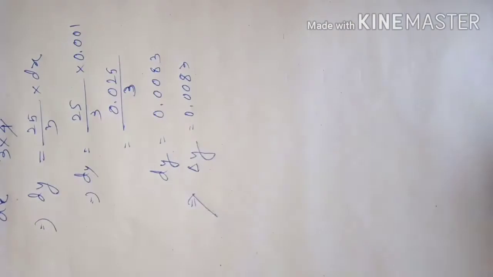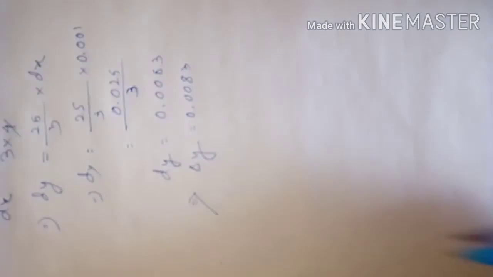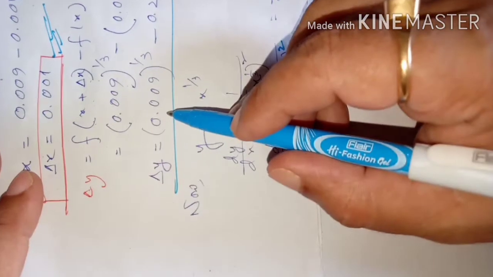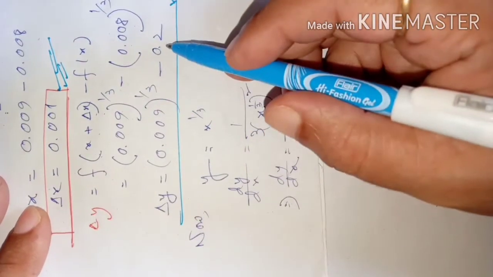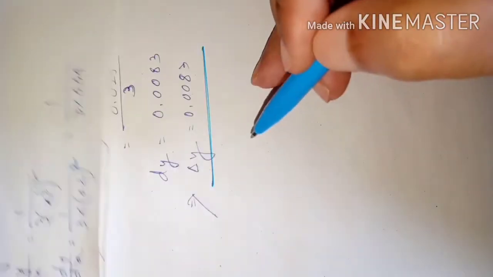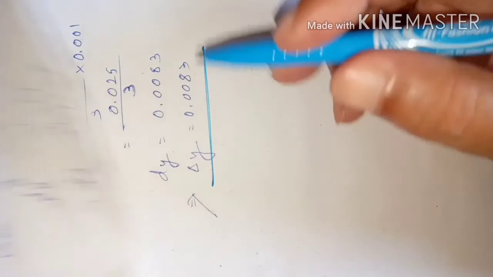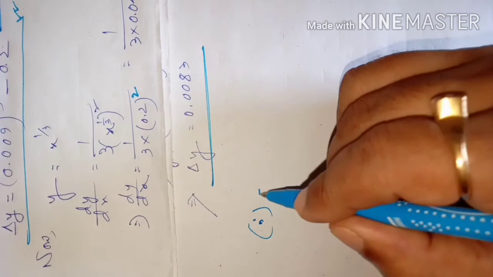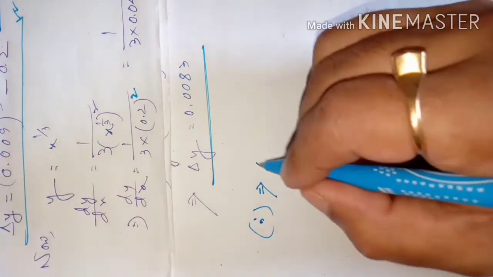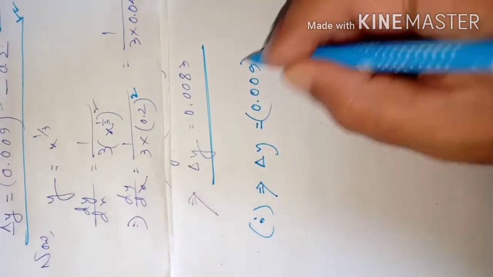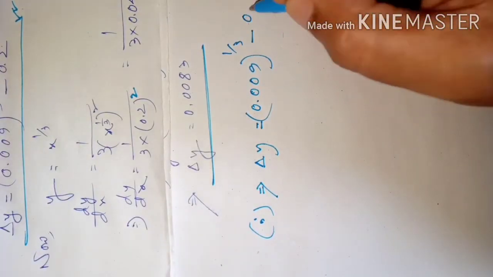So now our third step is also over. Now we can take the second step where we stopped. In the second step, delta y is equal to 0.009 to the power of 1 by 3 minus 0.2. This step you can number as 1, so I am repeating it here. Delta y is this one, and delta y's expression is this one. So equation 1 is: delta y is equal to 0.009 whole raised to the power of 1 by 3 minus 0.2.